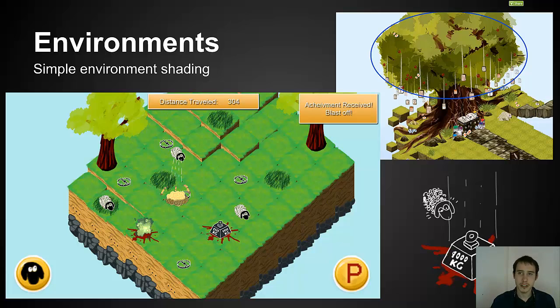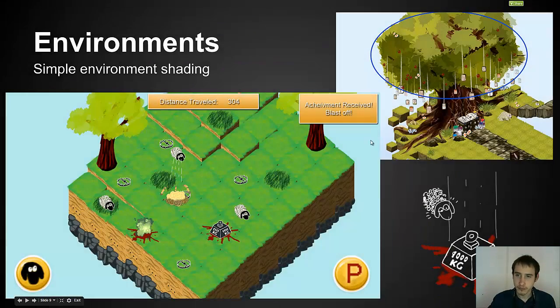For the style-based environment, I went with a simple but effective shape system where you're using flat color but lots of it in different shades to create a more complex image. As you can see here, I have a concept art for how the game will look on the mobile device.